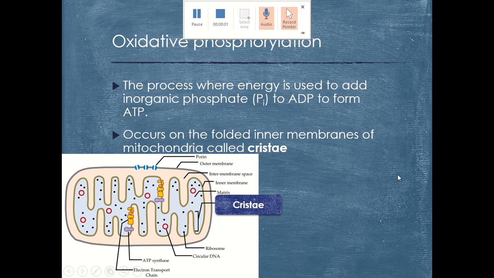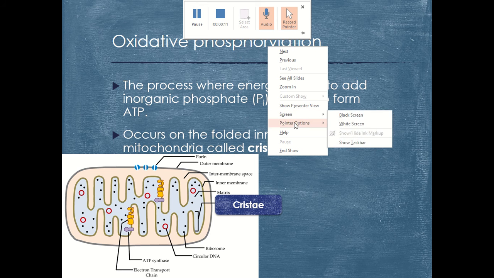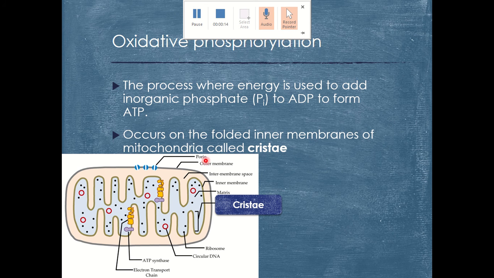Okay, welcome to the electron transport chain with Mr. Party. So we're going to do oxidative phosphorylation, which is the electron transport chain. Let me get the laser pointer up. So the electron transport chain occurs in the cristae of the mitochondria, which are these folds here. The proteins responsible for the electron transport chain can be found on the inner membrane, which is here, and the